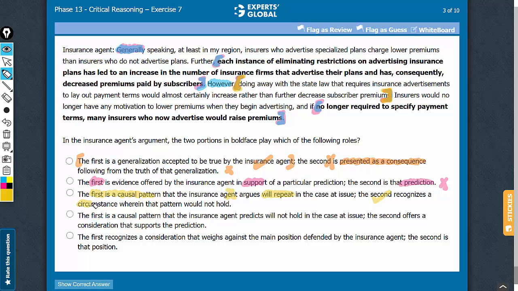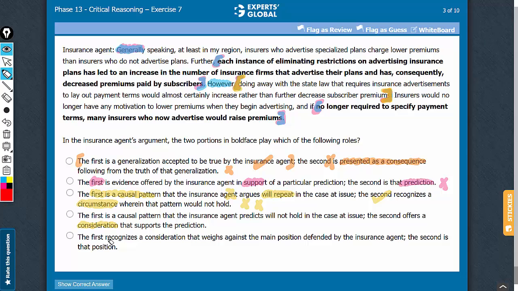Probably circumstance is not the best word for it. The role is alright, but the noun used here is not appropriate. Something like consideration would be better. Anyway, answer choice C can be comfortably eliminated on the basis of the role suggested for the first part, and even the circumstance bit here is not very appropriate.